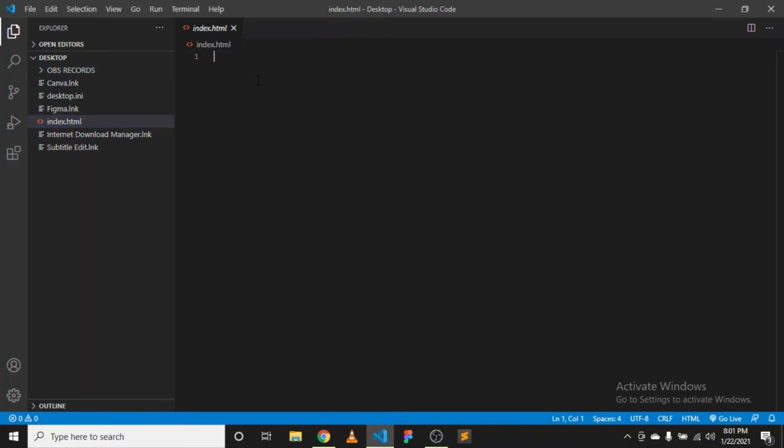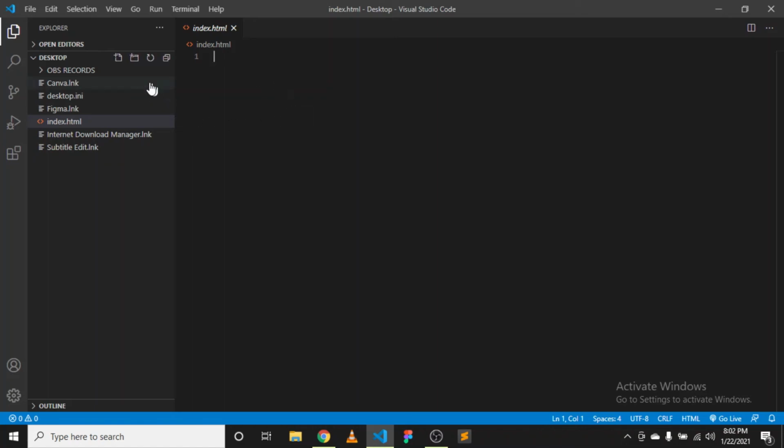There's still one more thing we need to do before we finish setting up our Visual Studio Code. We need to download a live server, and this will help us whenever we write code. We can easily run it in our default browser, which I highly recommend should be Chrome. I'll equally be using Chrome throughout this tutorial. Also, whenever we type in anything new into our code and we save it, it automatically updates and runs in the browser without us having to refresh the page. So it makes things quite easy whenever we want to view our work after a particular adjustment.